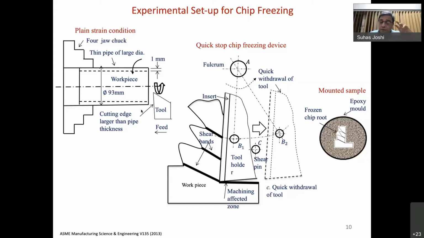work surface. So you do these experiments in all the conditions: hot conditions, cold conditions, minus 70 degrees centigrade, high temperature, mist cooling. The objective of this one particular work was to do only the chip freezing under a variety of machining conditions, and try to understand exactly how the machining process happens. So the frozen chip root, as we call it, looks something like this, where the chip is partially formed,